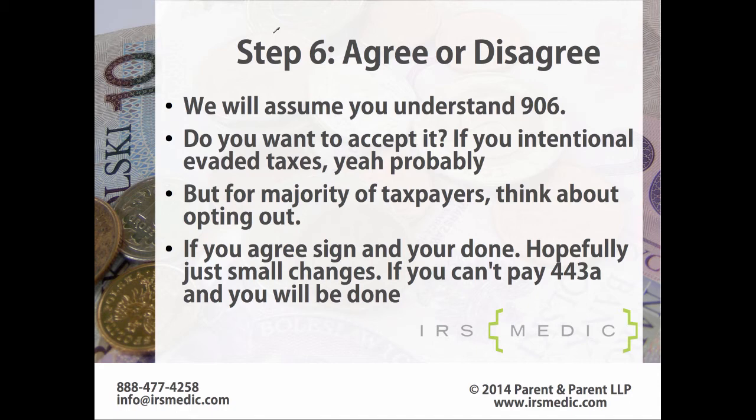If you intentionally evaded taxes, yeah, you probably will. But for the majority of the taxpayers who've hired us, really want to think about opting out if it's going to be worth it. Now, if you sign that 906, you are done. Hopefully, you just will need to pay. There'll be just some small changes. If you can't pay, you will need to fill out a Form 433A, and your OVDI examiner will send that to a revenue officer to verify what your ability to pay is,